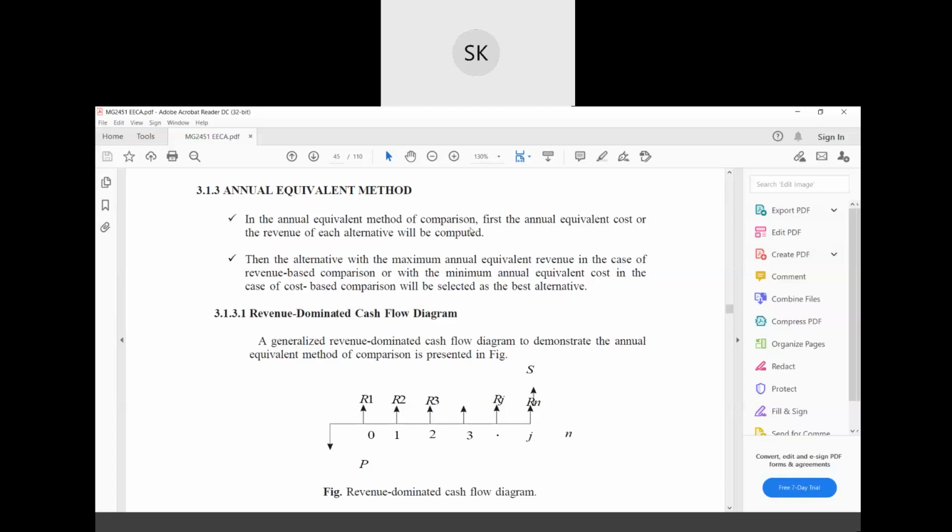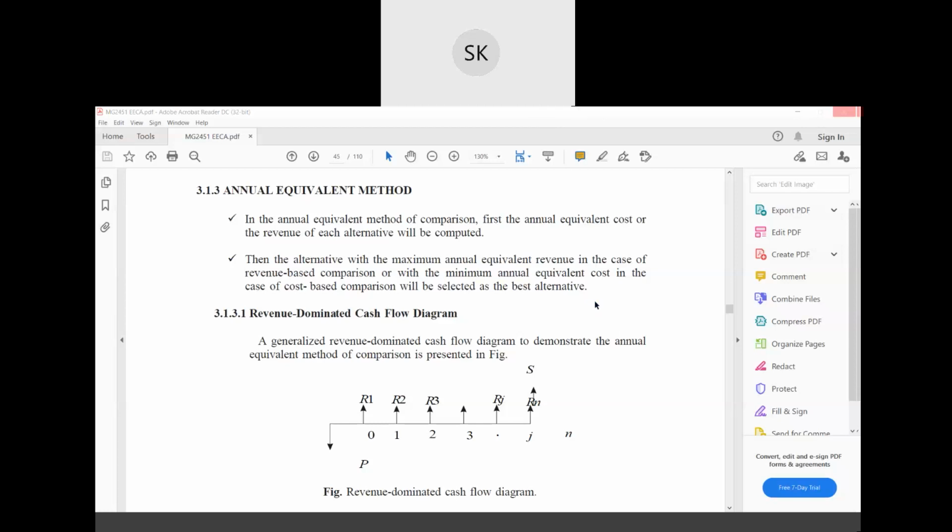Okay. So basically, we started with cash flow in the last class, right? So we'll continue that. Last class, we studied the present worth method and future worth method, right? Basically, we studied about cash flow. I'll give a brief recap again for those who were absent so that they can understand.